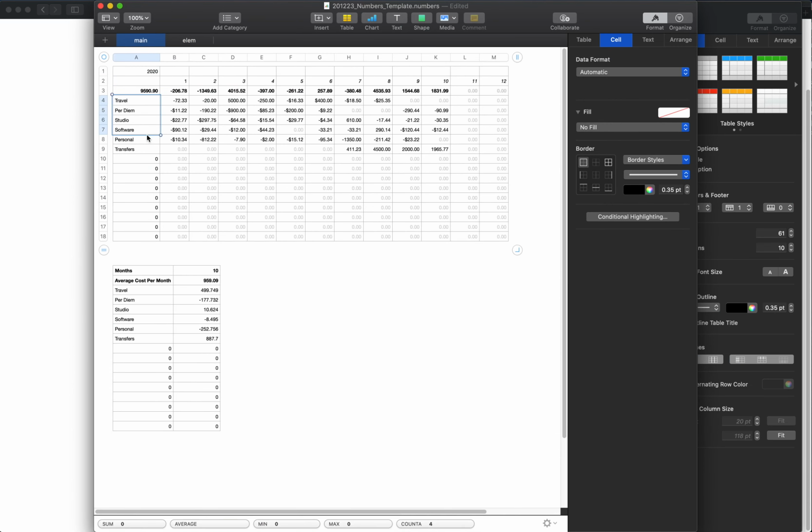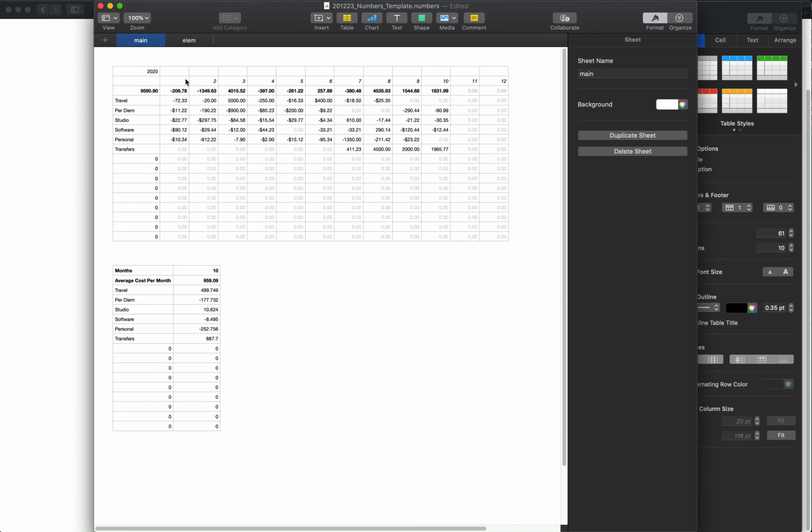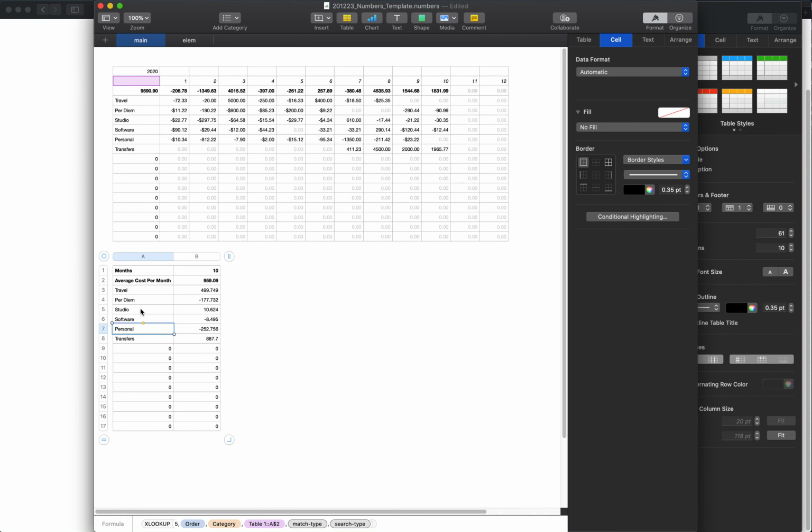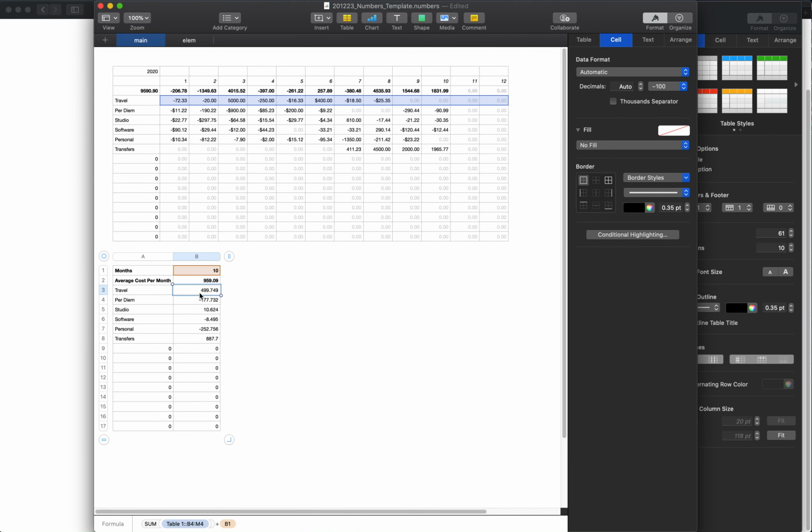You'll see your categories are automatically updated, and we see months 1 through 12 through the top, and how much we spent in each of those categories for each of those months throughout. Down here is averaging each category by however many months you have input. So you're going to need to manually change the input number. So if you have 6 months input, you're going to need to change that to a 6. And that gives you an average of how much you're spending every month in every category